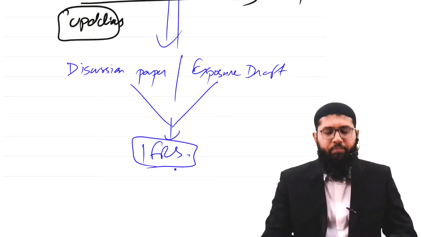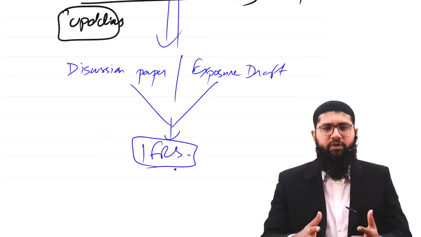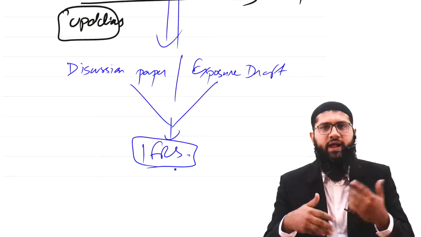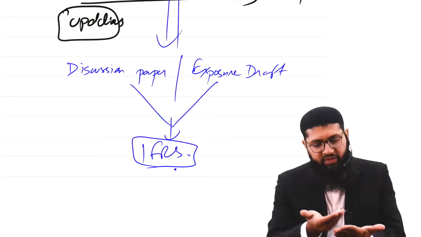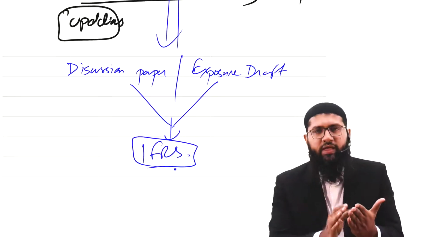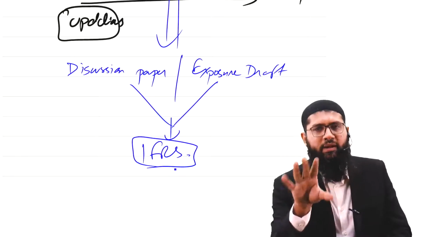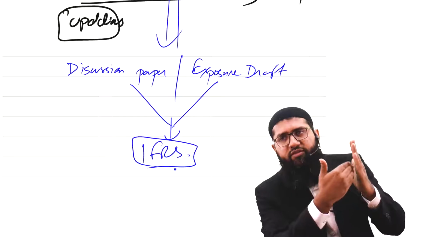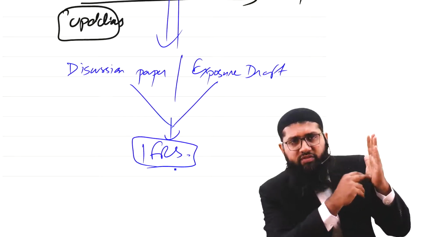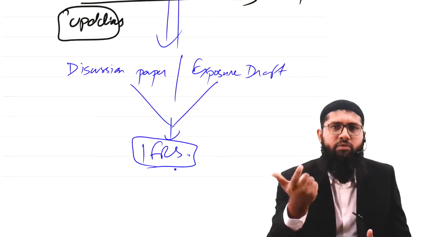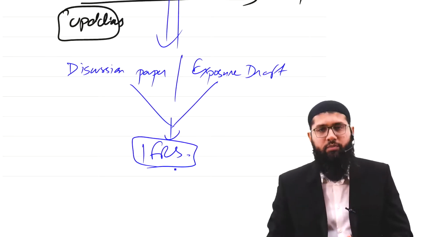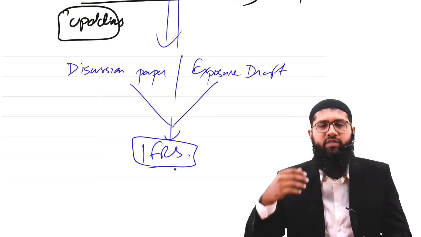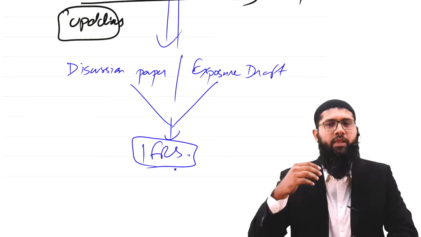This would actually mean that the concept of a discussion paper is that there is a point, there is an agenda that they identify, that look, these areas need to be discussed. Let's say if they want to bring about an amendment in IAS 16 Property, Plant and Equipment, they would just list down several points. Okay, this is the amendment that needs to be made. Now, what next is going to happen? They would publish a discussion paper, they would invite opinions, they would invite discussions from the general public, etc.